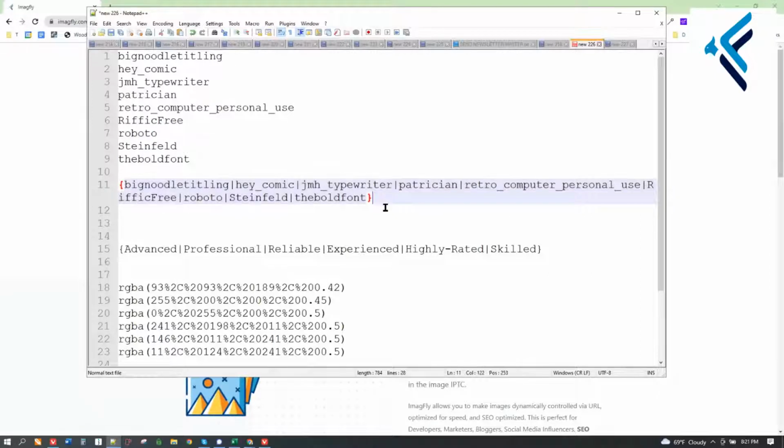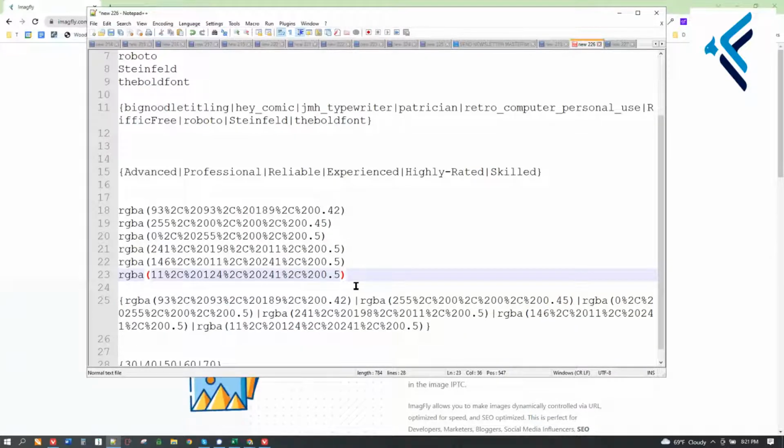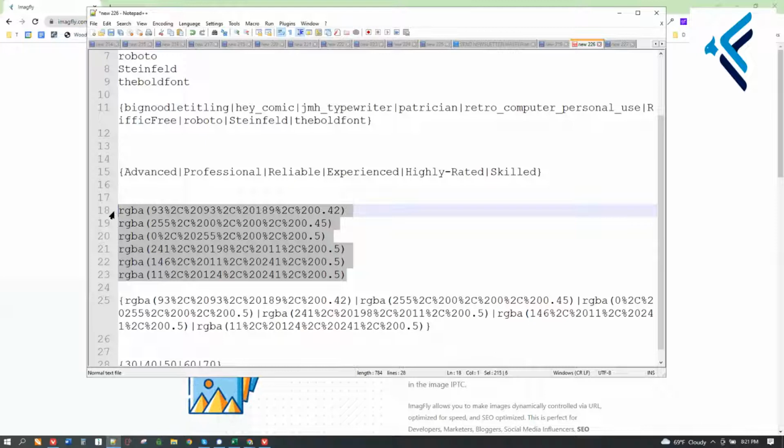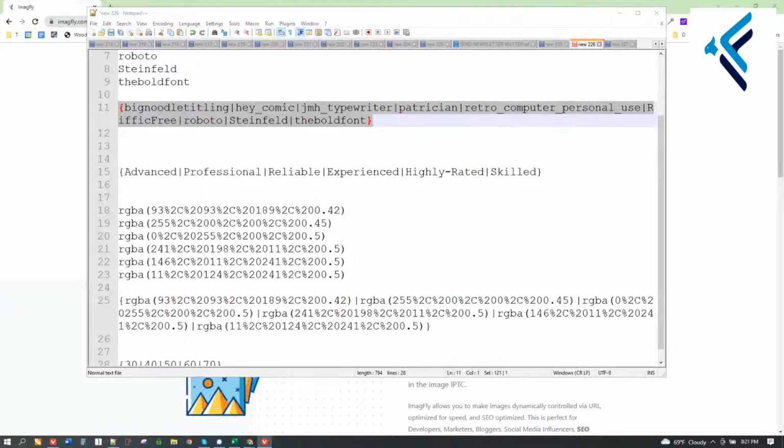But you can see here, let's see here. All right, so this is how I did the fonts. I just put them in spin text. So I'll show you how to do that. And this is the overlays. So I put these in. I'll put these in the chat here for those that are in the group. Hopefully you get these. It kind of got messed up on there. But this is the idea: you get a bunch of different overlay codes from ImagFly, and then you put it into spin text and you insert it into the URL.